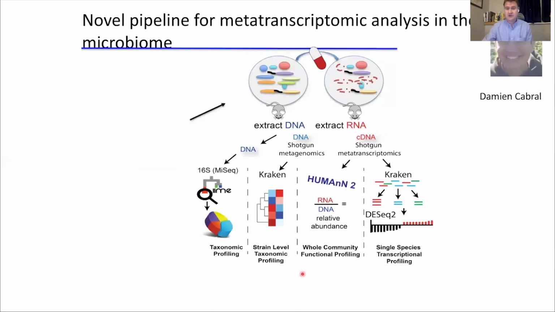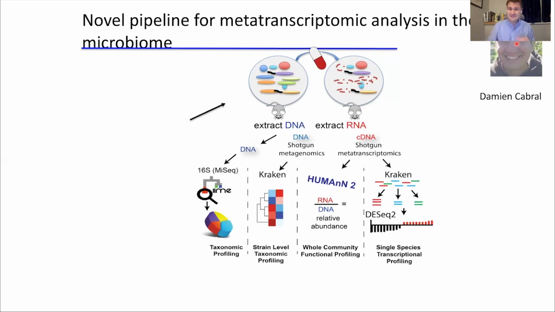To answer this question, I worked with a student named Damien Cabral, and I'm sorry that my picture is apparently blocking his picture right now. But Damien did a really cool project. We essentially gave mice 3 different types of antibiotics for a really short period of time, just to see what the initial impacts are. Then we extracted the DNA and the RNA.